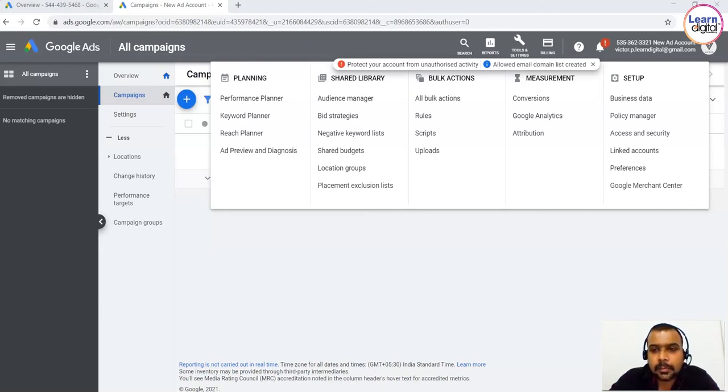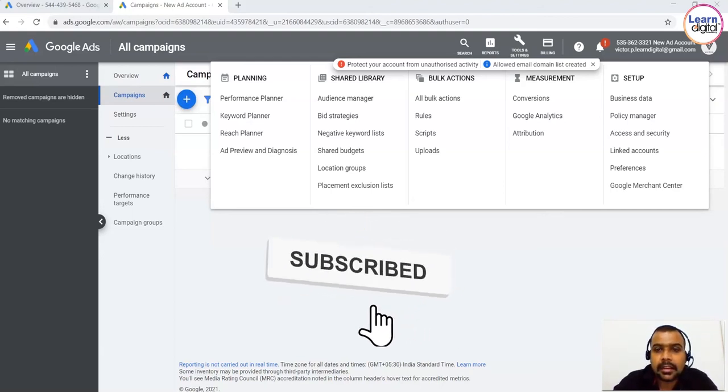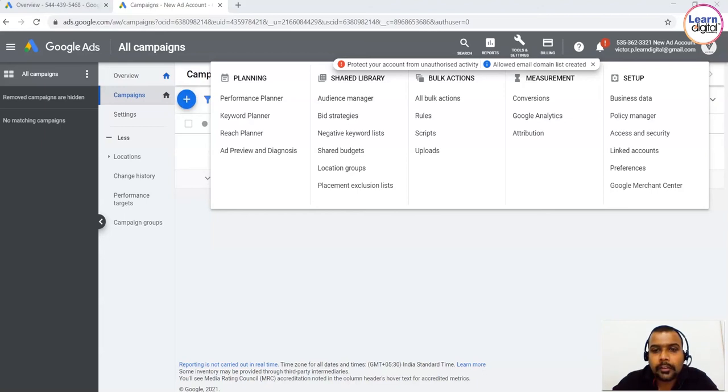Now let's take an example. Let's say I'm going to focus on my digital marketing training. If people in the market are looking for free digital marketing training, which I'm not providing, then that word free is a negative word. So what I have to do is use a minus symbol for that word free, or I can create a list of negative keywords for my entire campaigns. So that is your negative keyword match.